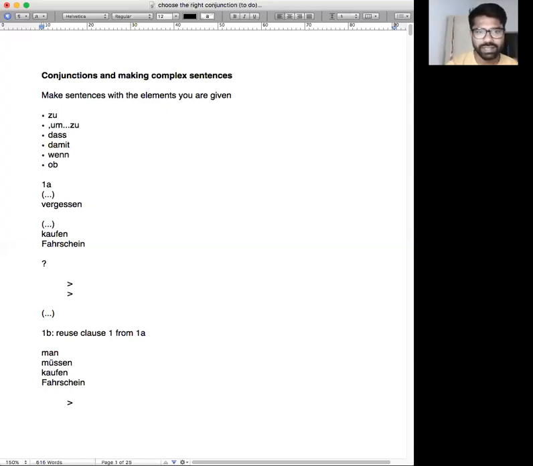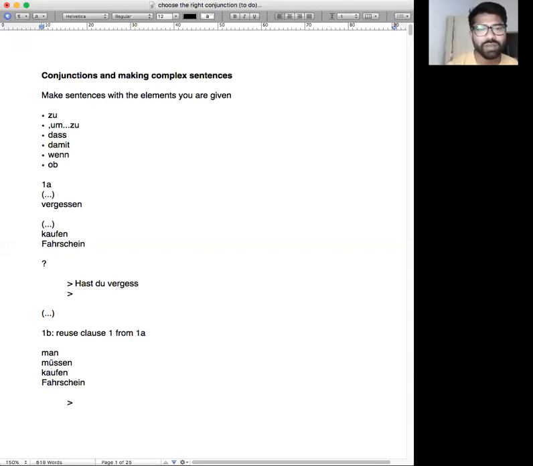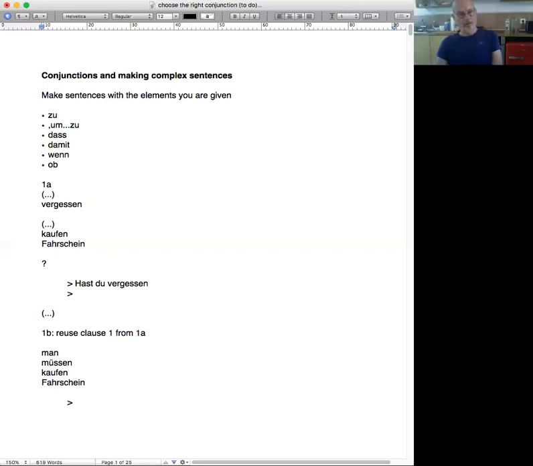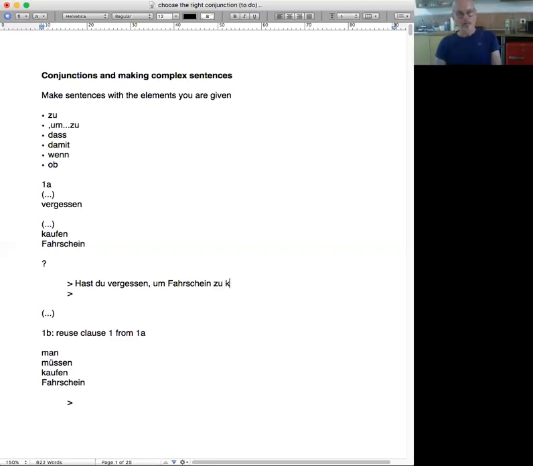Hast du vergessen, Fahrschein zu kaufen? Okay, so what does zu mean?